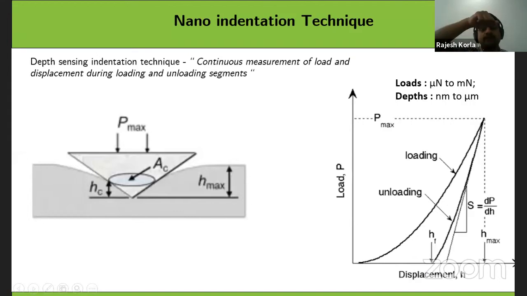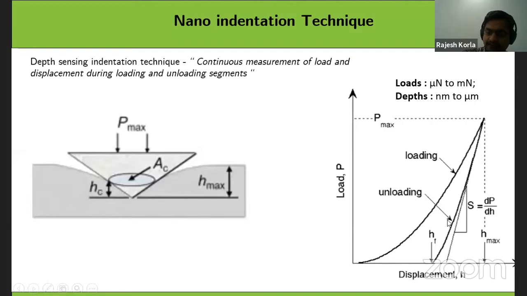Where you're applying the load with a particular displacement, and then you get the load response. So here also we apply a particular load displacement, and then you record how much load you actually get from the sample, and this we calculate. This is basically increasing the load with increasing depth. Then it reaches the maximum load or maximum depth, depending on what you're giving, and then there is an unloading